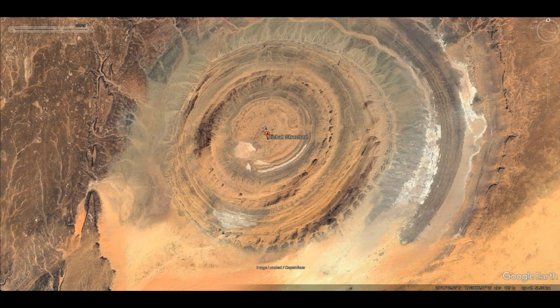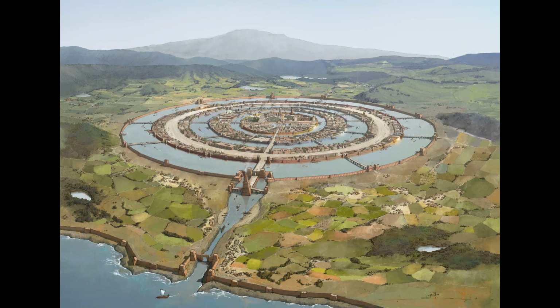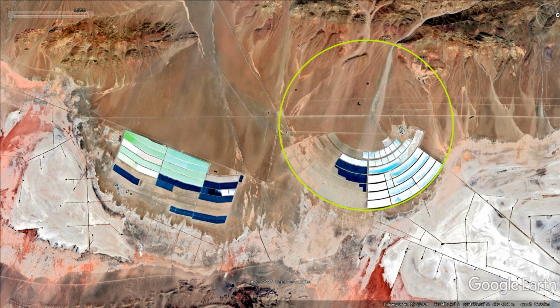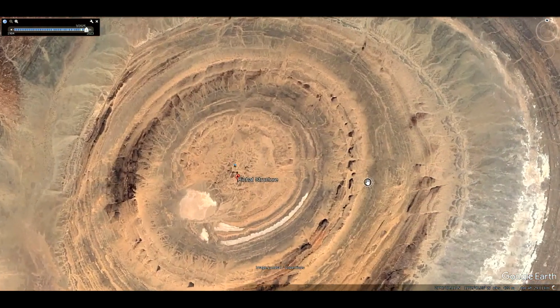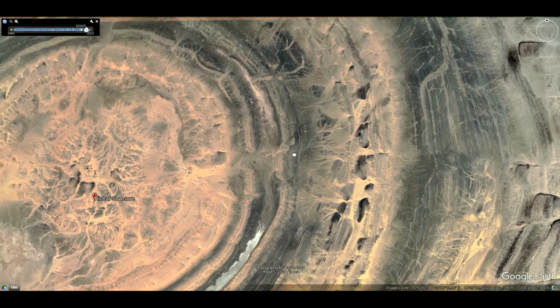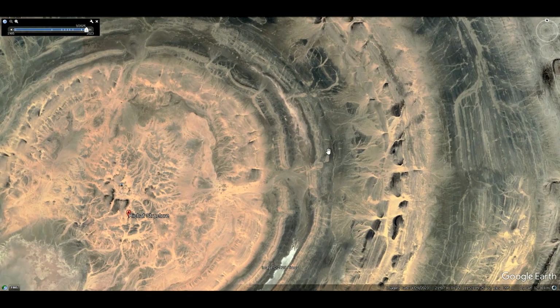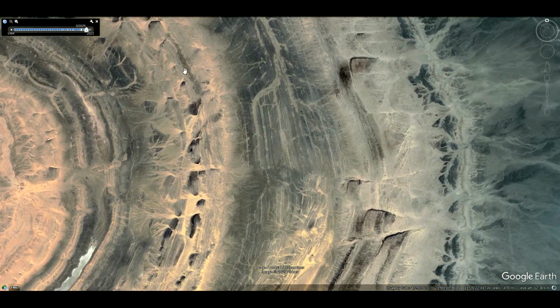The Eye of the Sahara is often mistaken for the lost Atlantis, but Plato's description was of a circular lattice structure, a very small part of the global lattice structure. We could see the unveiling of the circular structure according to Plato's description in Bolivia. The Eye of the Sahara is characterized by its center and concentric circles. What caused them?